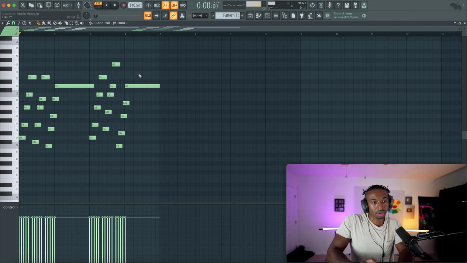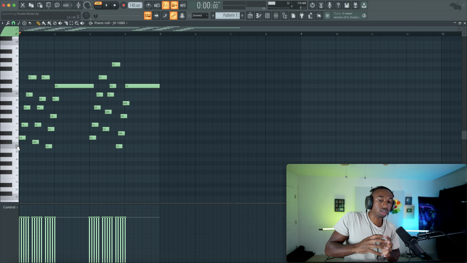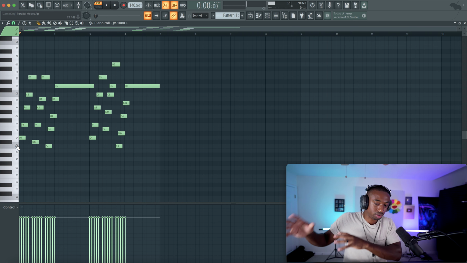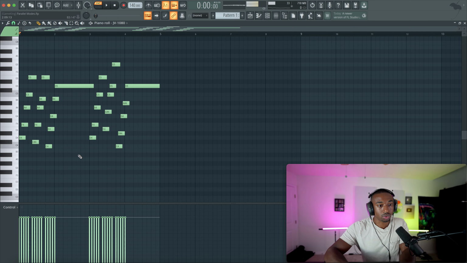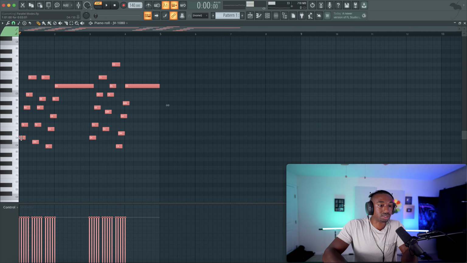So this is slightly different than key modulation, even though they can be kind of interchanged at some points. The main difference here is that in parallel modes, usually we're focusing around one root note, in this case C, and then we're saying, okay, if I'm in C major, I'm going to borrow a chord from C minor. That's usually how people think about parallel modes as opposed to simple key modulation, which is when we drop this last chord into A.